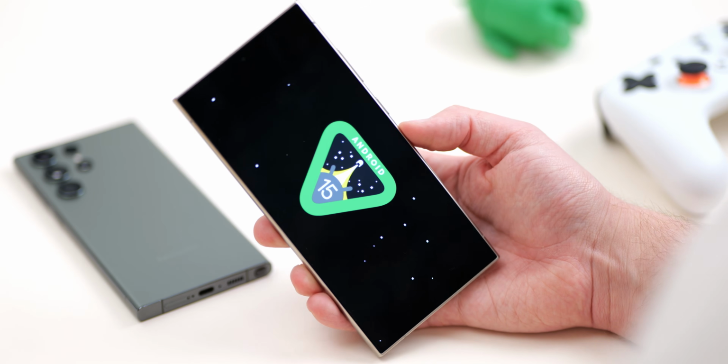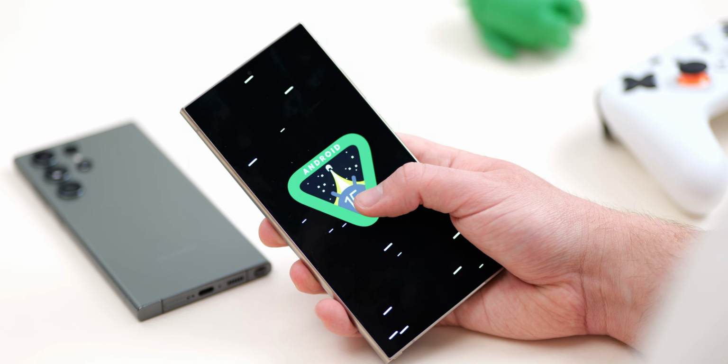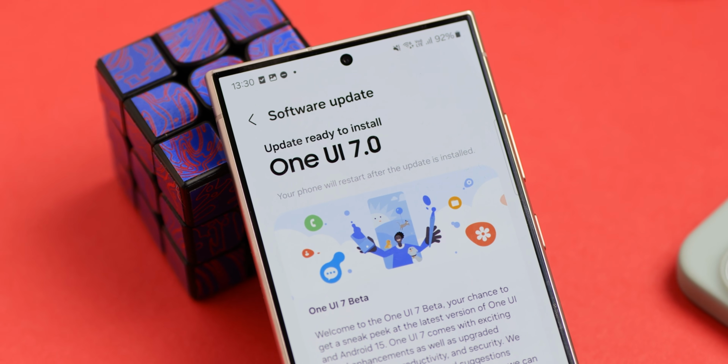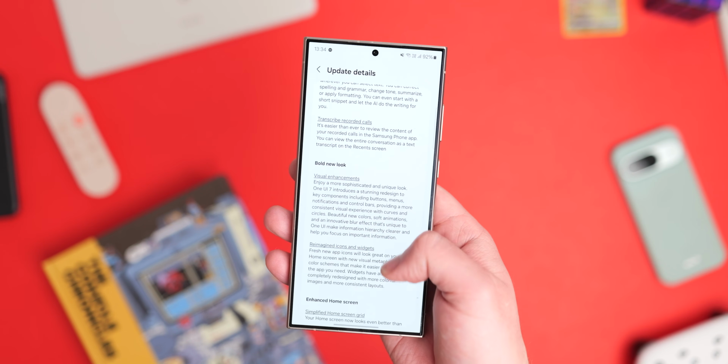So Samsung's way behind schedule with its Android 15 release, but now One UI 7.0 Beta 1 is available and gives us a sneak peek of what we can expect in the coming weeks. With that said, here are a few of our favourite new functions and features for One UI 7.0 for Samsung